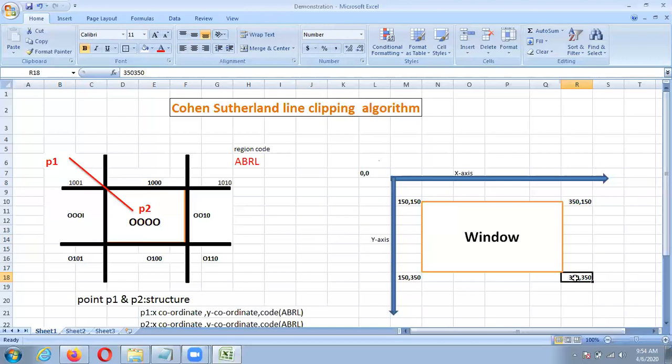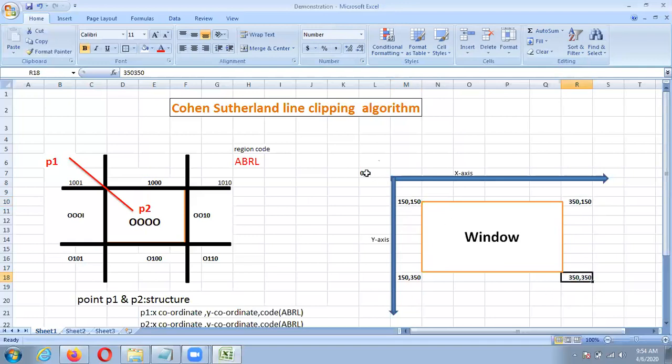So we are taking 4 values from the user, the left top which is 150 and the bottom right which is 350. Here x becomes 150 and y becomes 350, and there x becomes 350 and y is 150. We know how to draw a rectangle by using only these 2 points.